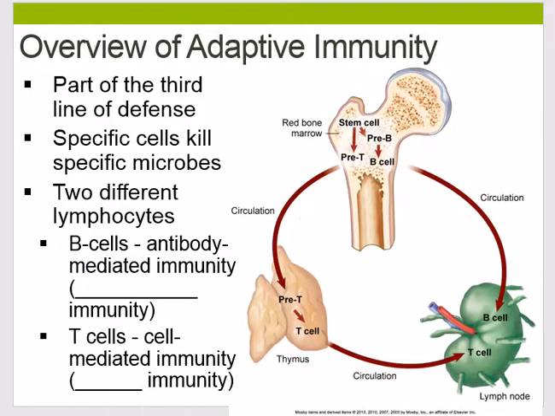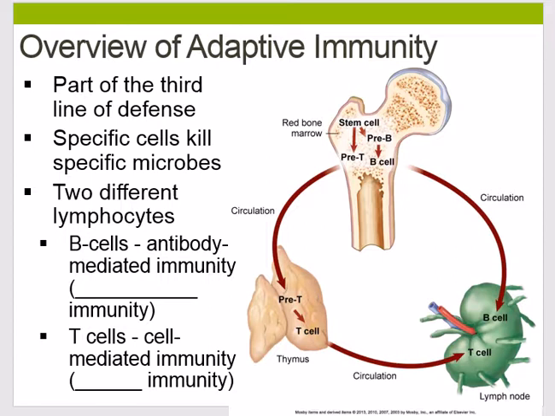So we have just finished talking mainly about innate immunity, and now we'll move on to adaptive immunity. Adaptive immunity is considered our third line of defense. This type of immunity is specific, as I mentioned before, rather than non-specific like innate immunity, and there are specific cells that have adapted to kill specific microbes within the body. Adaptive immunity is orchestrated by two different classes of white blood cells called lymphocytes. The two major classes of lymphocytes are B lymphocytes, also known as B cells, and T lymphocytes, also known